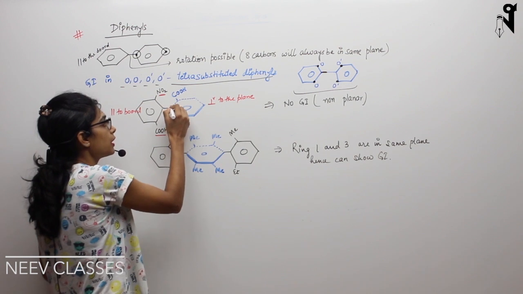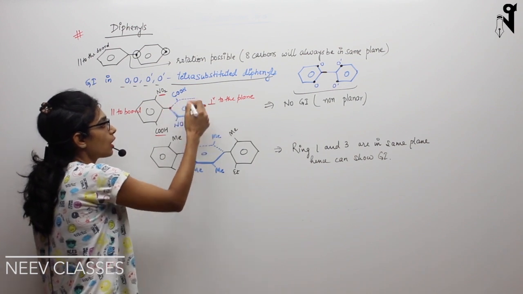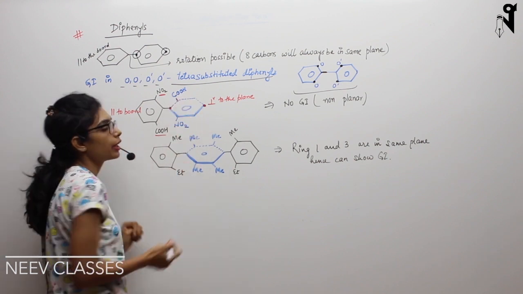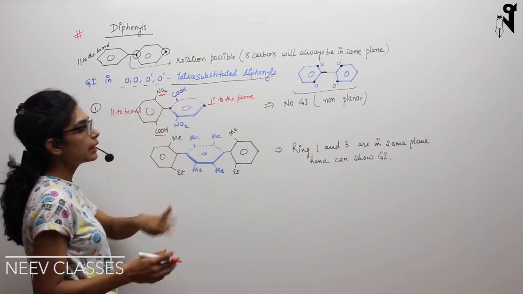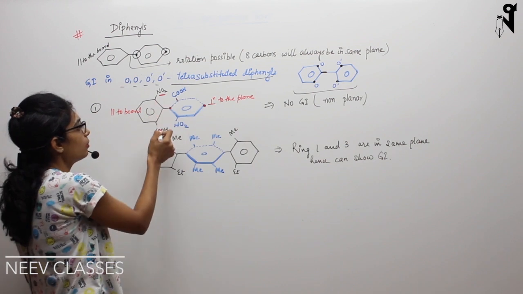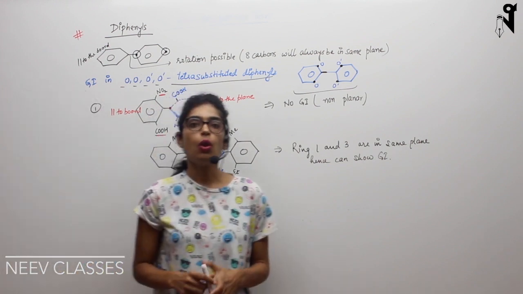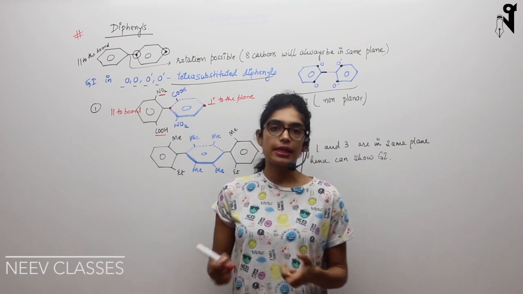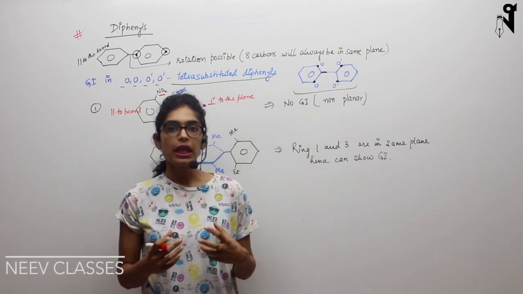Only this carbon's plane and this carbon's plane are going to be the same; the rest of the carbons' planes are different. So COOH here and NO2 here are in a different plane as compared to NO2 and COOH over here. Now, in all the previous cases we have learned, spiranes, cumulenes, cycloalkylidenes, we have seen that